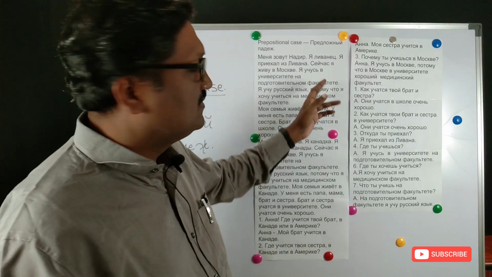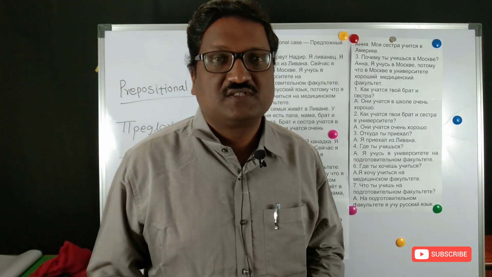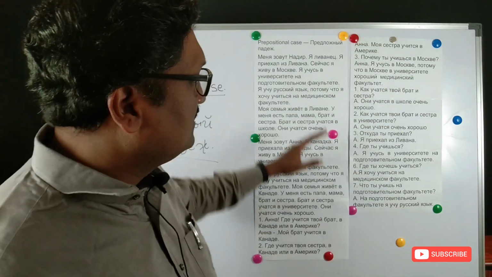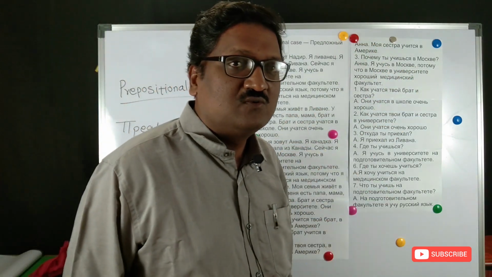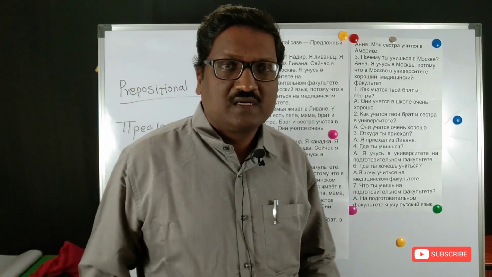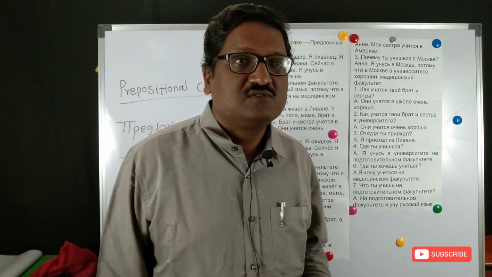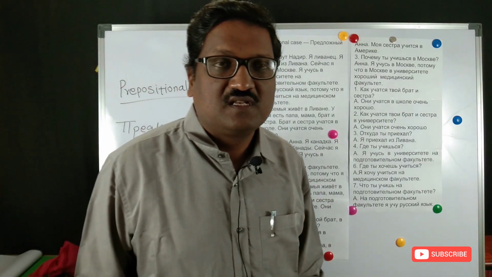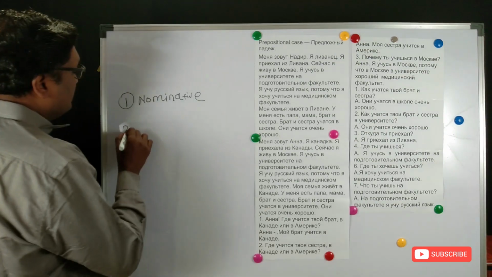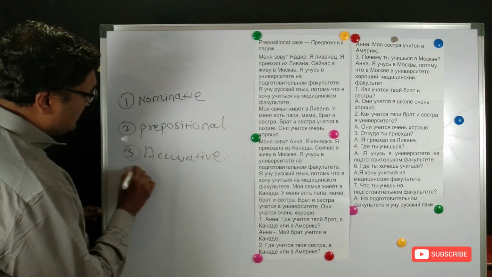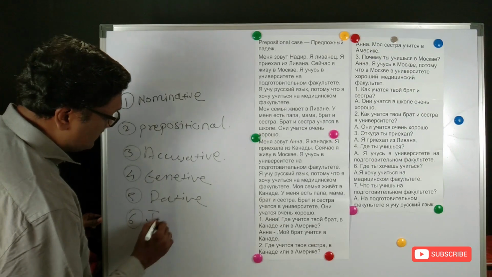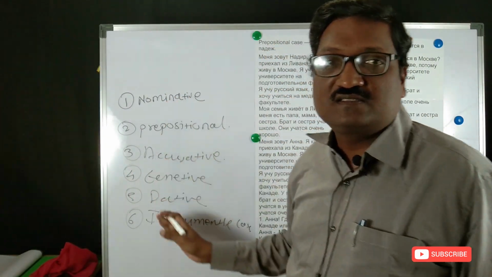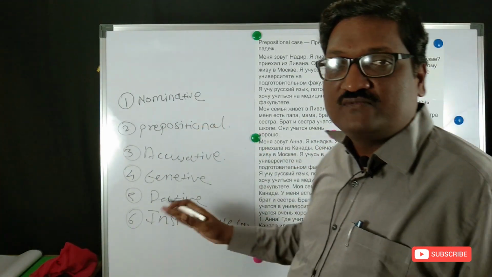In this video, we will be talking about the cases in the Russian language and how different cases are there for the usage of nouns. I will be explaining how I learn the prepositional case, what the uses of that case are, where the case is used and how the nouns change in this case. There are 6 cases in the Russian language. First is the nominative case, second is prepositional, then accusative, genitive, dative and instrumental. All these cases are used for different uses of nouns.